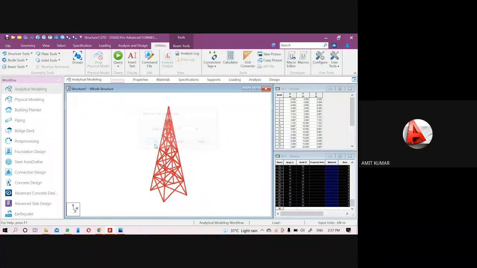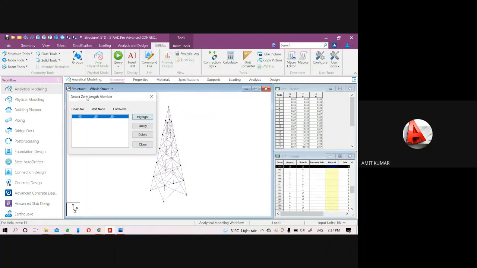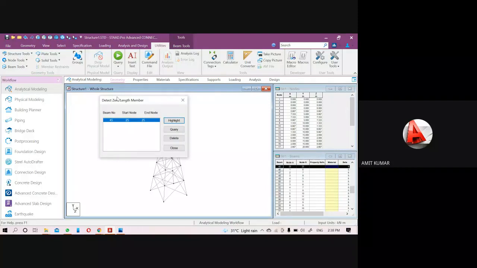Here you see we are getting no duplicate node found. Now check it for the duplicate members also, or the 0 length member. Here in the 0 length member check, we are getting beam number 45 created with two nodes. Start node is 25 and end node is also 25.